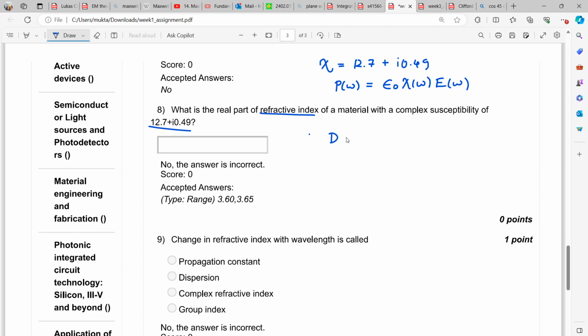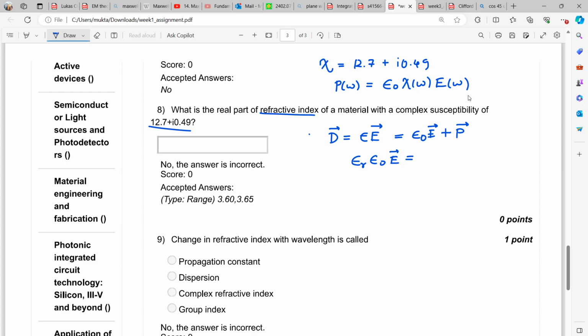So what is displacement? It quantifies how the field behaves inside a material. So it's the permittivity of the material times the electric field. That is nothing but the permittivity of free space times the electric field plus the polarization. Now this epsilon we can write as the relative permittivity times the permittivity of free space, is equal to,